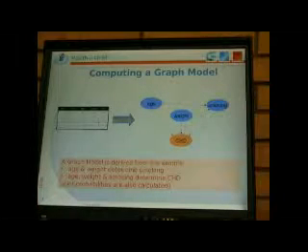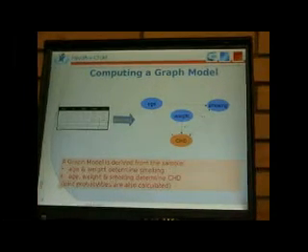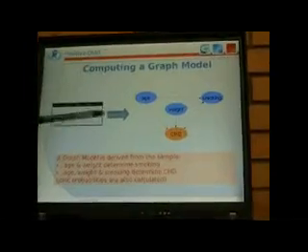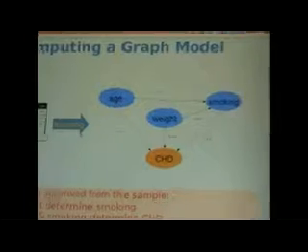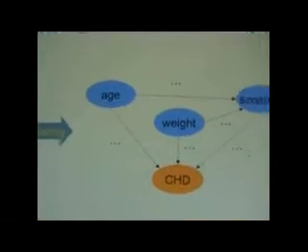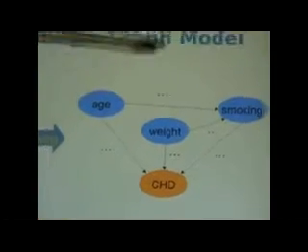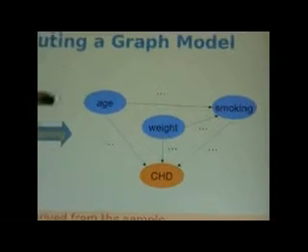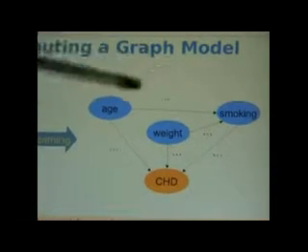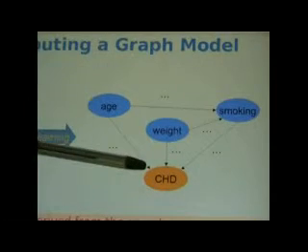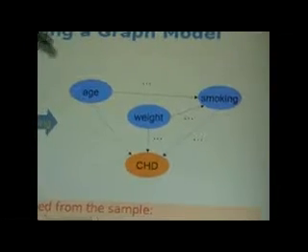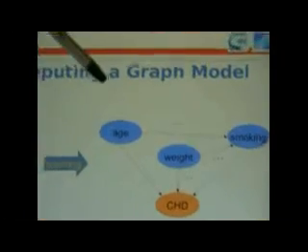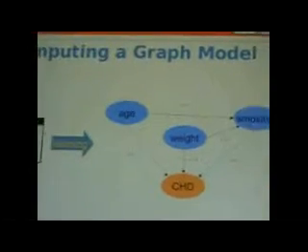The next step is now to enter the system, the AITION system, and generate through a machine learning process, a graph model. Okay, so what happened here is that the system processed all these attributes, characterized here with blue, and then it linked them with the orange attribute, which is the outcome. So the meaning of this graph here is that according to the data, and be careful, only according to the data, age